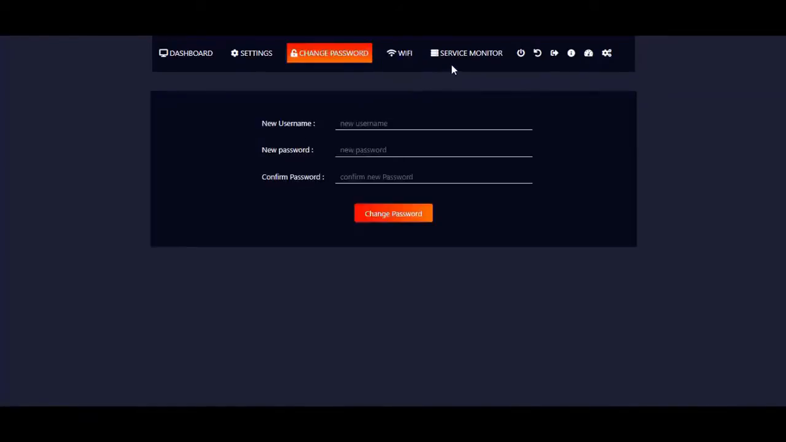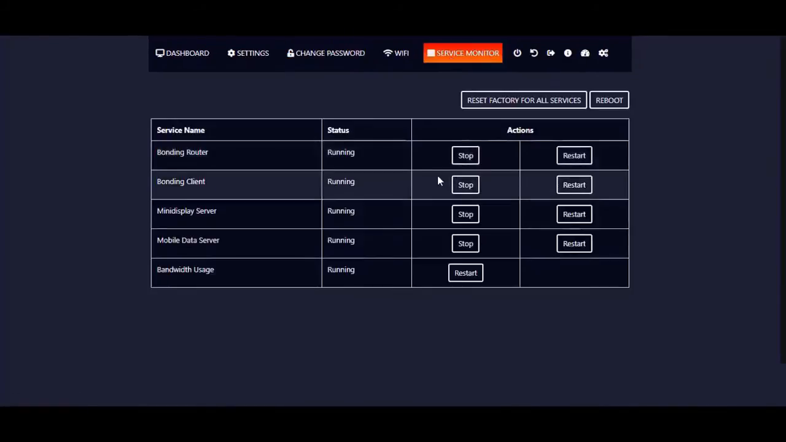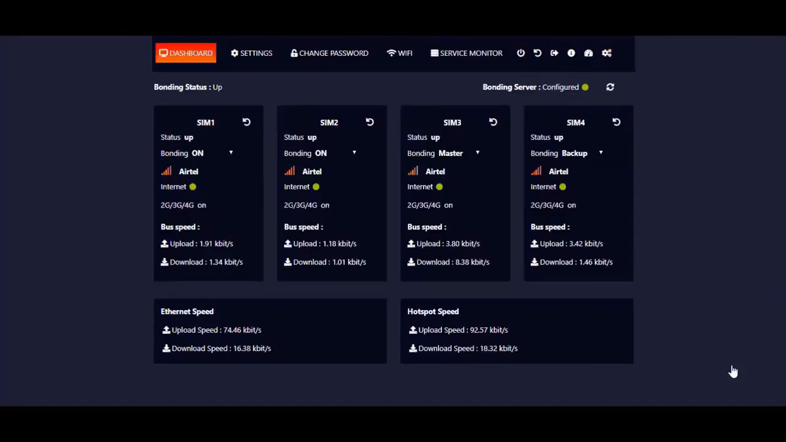And then if you go to the service monitor, you can stop or restart your bonding device services, or you can also reset factory for all the services. And if you want to reboot, you can use this button, and to reset the server factory you can use this button. So this is all about the newly released bonding device from Livebox,